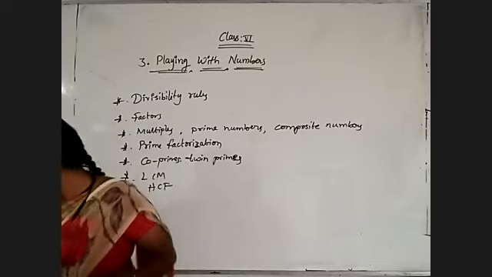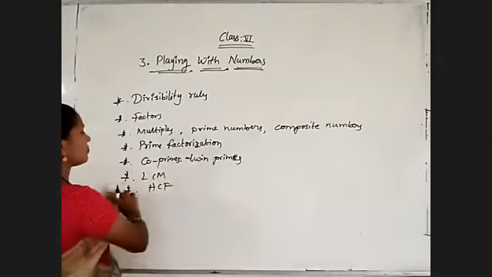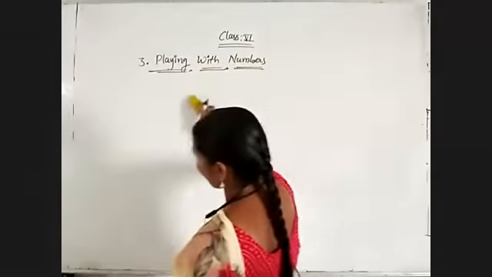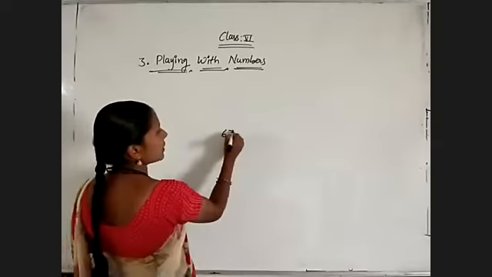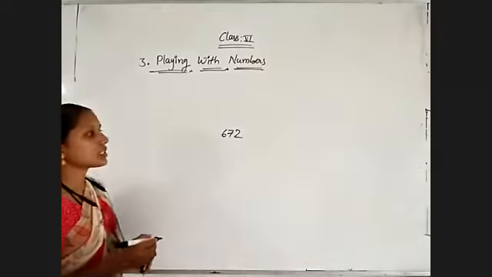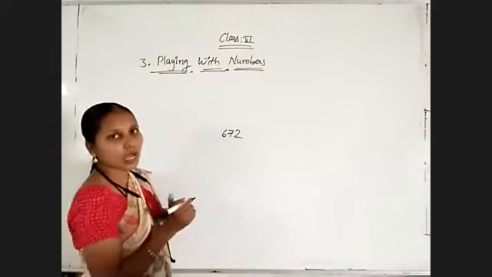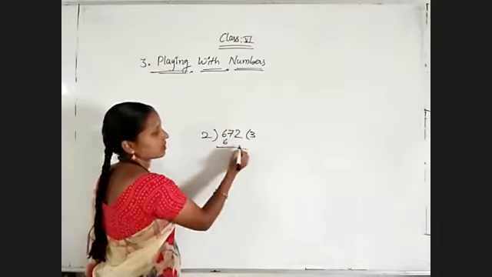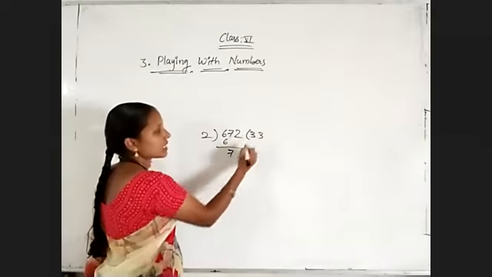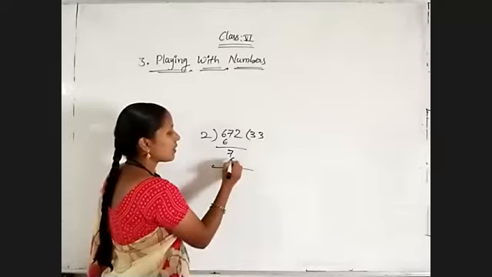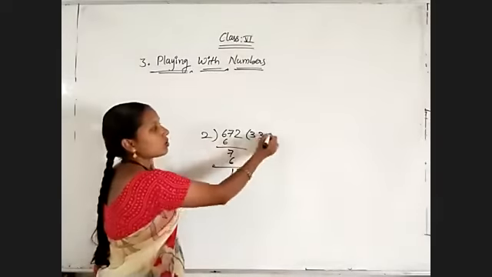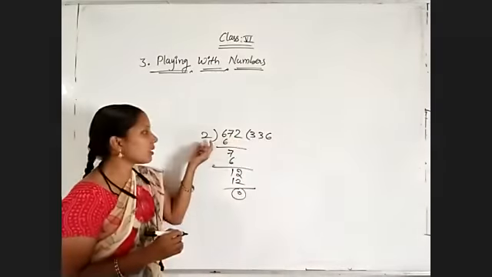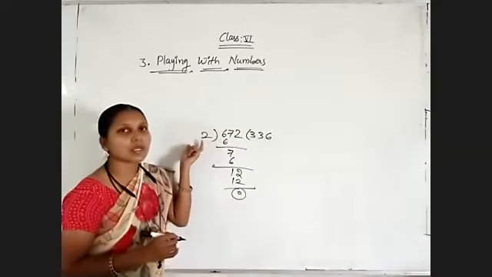Okay. Now, what is meant by a divisibility rule first of all? Divisibility rule is nothing but, see, I'm writing 672. I want to check whether this number is divisible by 2 or not. So for that I am doing the division. 2 3s are 6, 7 take down. 2 3s are 6, and 1 is carry, 2 take down. So 2 6s are 12. Remainder is 0. Now 336, 672 is exactly divisible by 2.